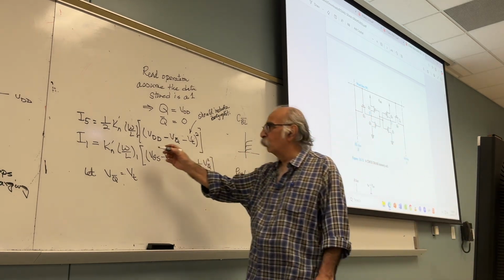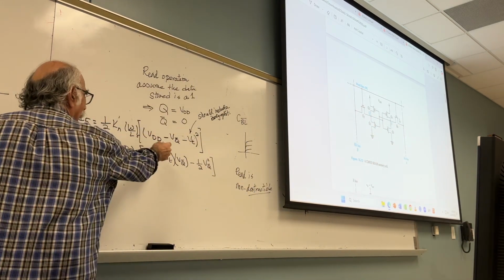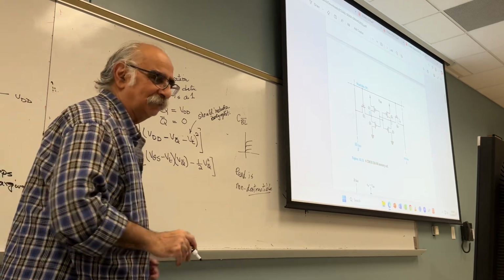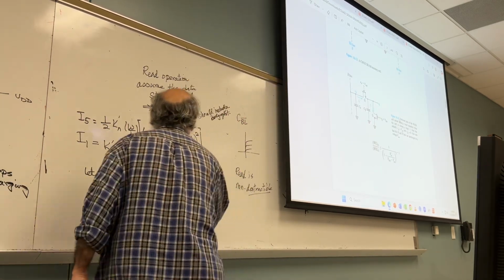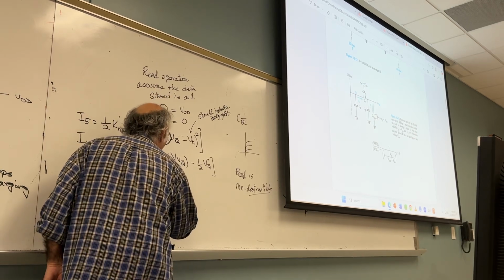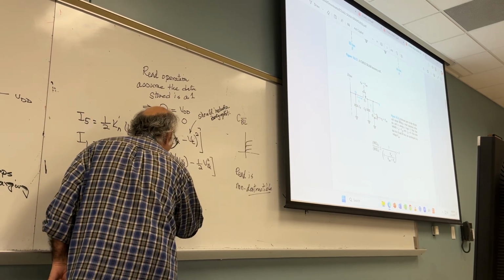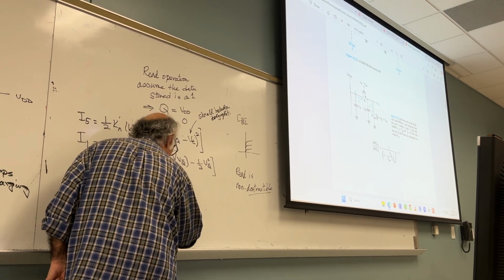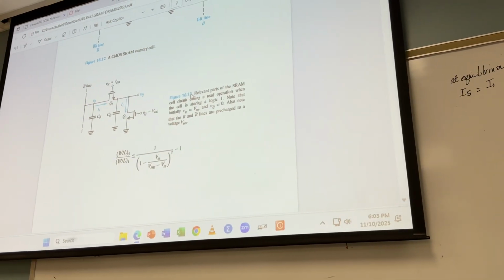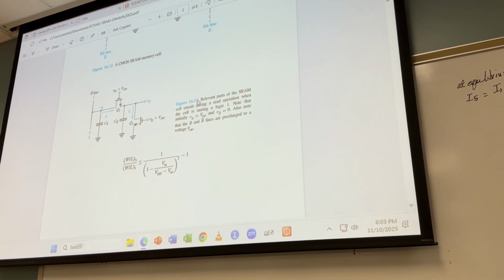You equate those two. Clear? The final answer is this one. It tells you W over L5 over W over L1 should be less than or equal to